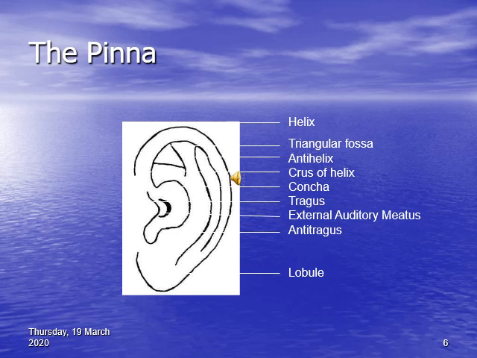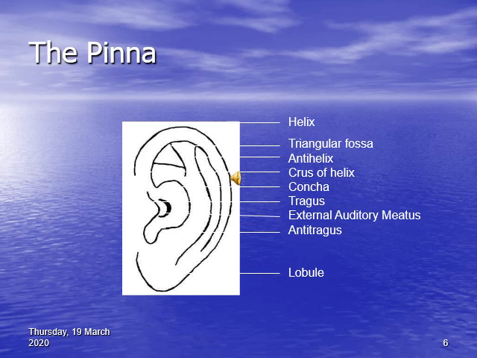Every human being has his own auricle. But there are main structures or main features of the auricle which all human beings share. We have the helix, we have the antihelix, we have the tragus, antitragus, we have the triangular fossa, we have the